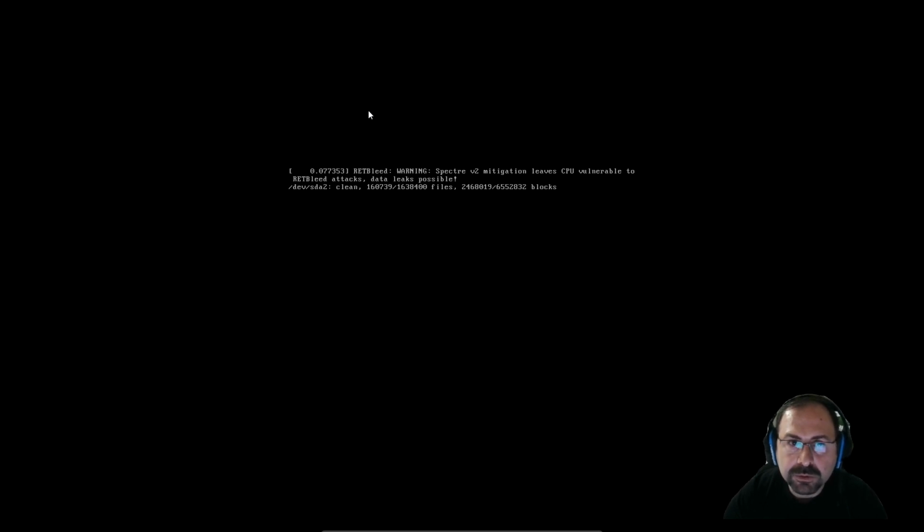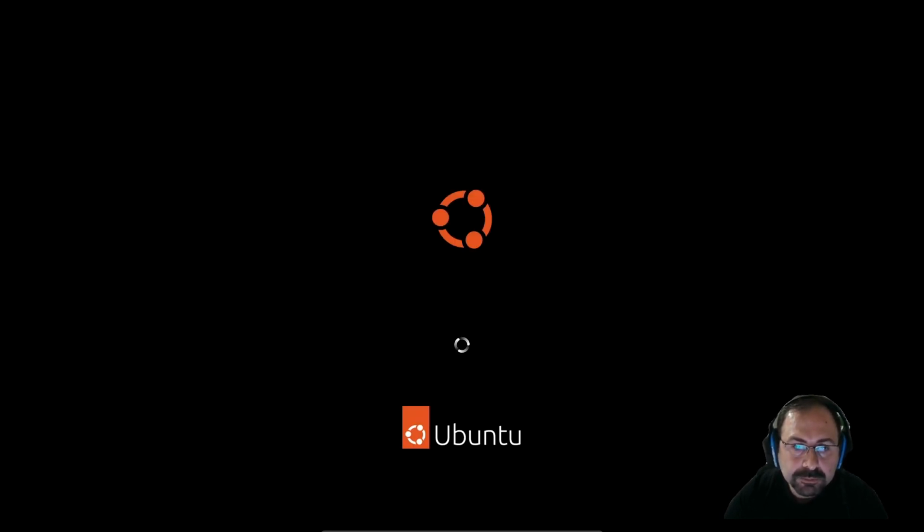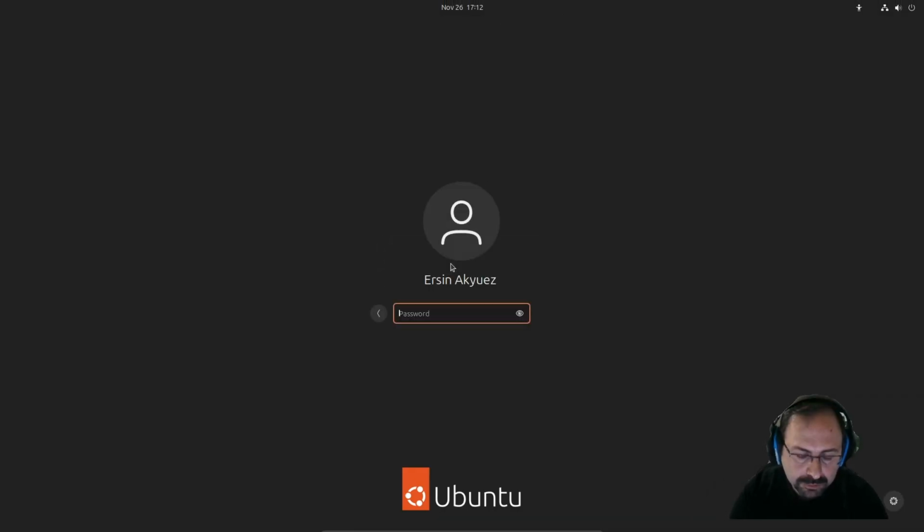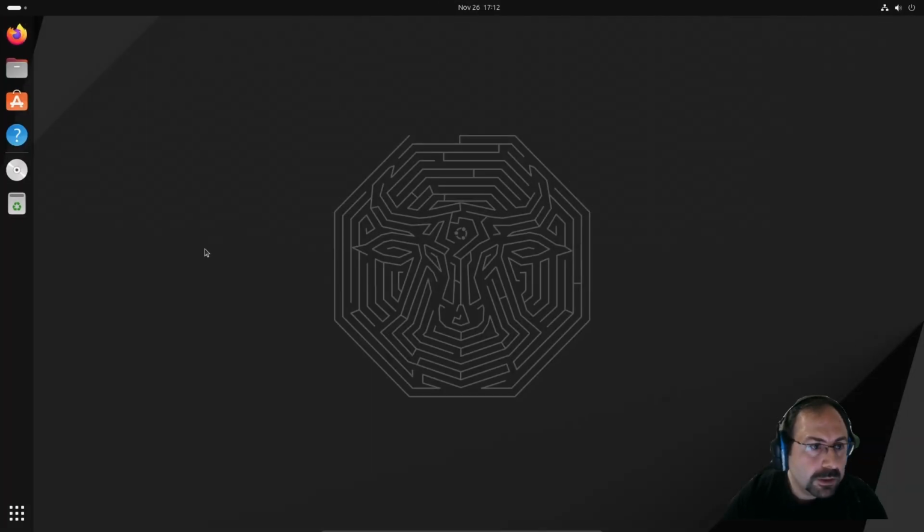We can install LibreOffice or Go programming language. If you want to see the boot messages, you can press escape on the boot stage. But it booted up very quick. Okay, I can eject this guest editions.